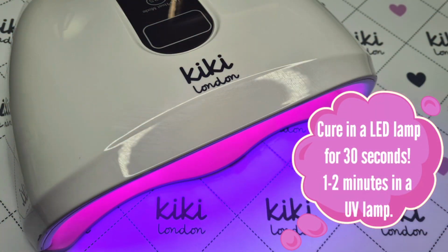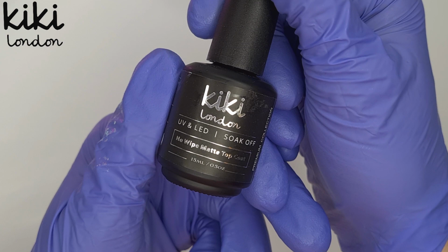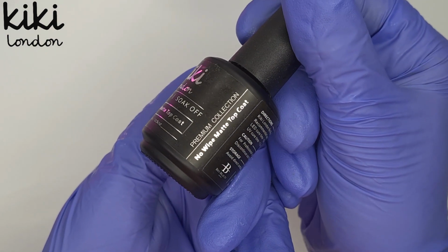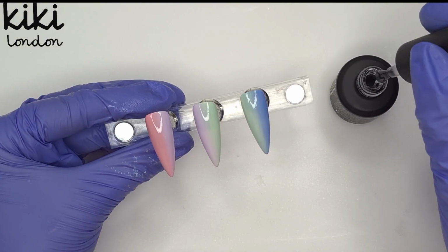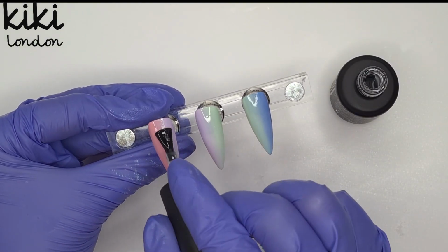Now that I've finished the second coat of ombres on all three of those nails, I popped them in to cure together for 30 seconds. So that left them a few minutes on each nail for the gel polish to self-level and get out any of those brush strokes. Now over the top of these ombres, I'm going to come in with the matte top